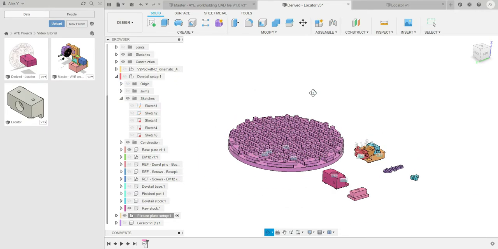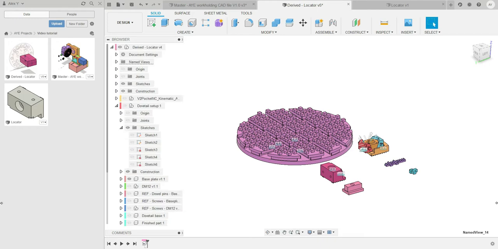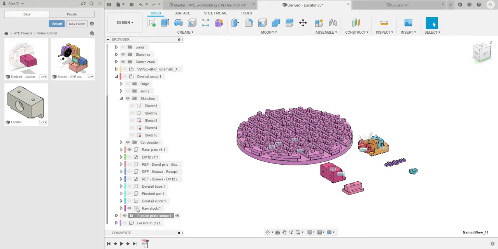Now, there are a number of ways we can set up the file to do this. The easiest and simplest way is just to take our raw stock component and dovetail stock component from here and position them on this fixture plate. However, the downside of that is that when you then go into the manufacturing workspace, the dovetail stock that you want to use for your dovetail setup will be the same stock that you want to use in your fixture plate setup. So you're constantly having to move the timeline back and forward to get the stock in the right position depending on which machining you're wanting to do. So that can make the file a bit confusing and a bit complicated when you're constantly having to move the